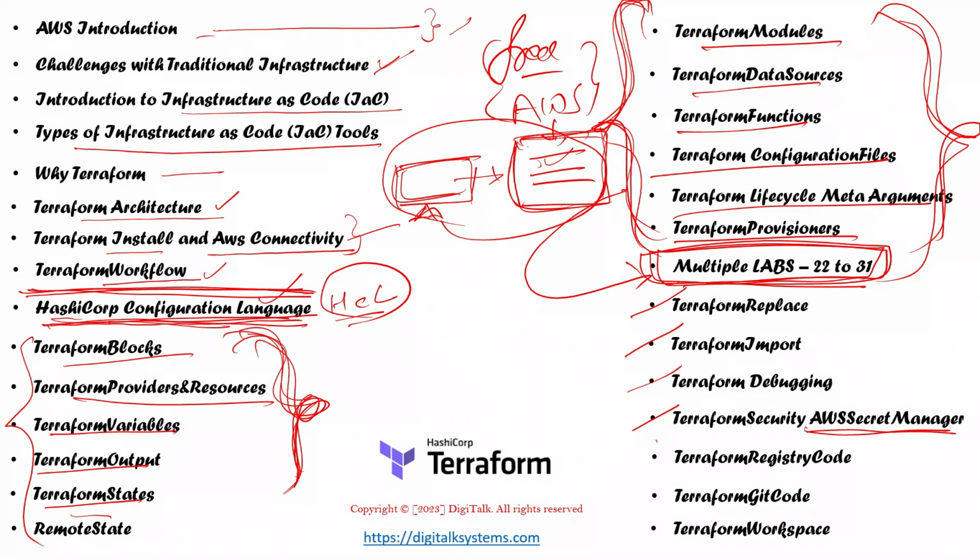Apart from writing the code, instead of writing your own code, there is an inbuilt registry of code as well. You can directly use that registry instead of writing your own code. For that we have the Terraform Registry, so we'll understand that in this session. Along with that, you can download the code from a Git repository as well. Instead of writing every piece of code on your local system, specifically when you are working in collaboration with multiple engineers, we store the code in a central repository like GitHub, and then every user checks the code in and out of the central repository for creation of the resources. So we are going to understand that in this Git code session.